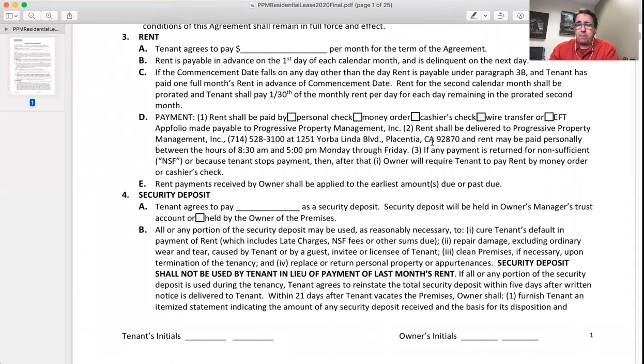Your rent can be paid in a variety of ways. The way we would most likely see you want to pay is by EFT, electronic funds transfer, but you can pay by personal check and mail it in. Of course, it has to get here by your due date. So if it's due the 1st, late the 5th, and you put it in the mail on the 3rd and it gets here on the 7th, that's going to be late. But you can pay by personal check, money order, cashier's check, wire transfer, and of course, electronic funds transfer, EFT, and that's free to you. There's no cost to do an EFT.